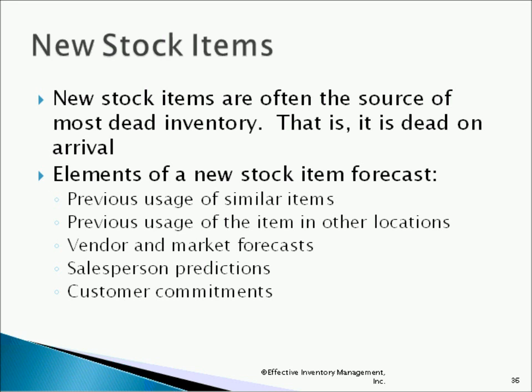As a result, they don't sell through the initial quantity they bring in. They may bring in a carton of 48. They sell 20, and 28 die in their warehouse. I want to remove that dead inventory from your warehouse. In fact, I never wanted to get into your warehouse. When you consider whether to stock a new item, you need to consider previous usage of similar items, usage of this item in other warehouses if you are a multi-warehouse company, vendor and market forecast, salesperson predictions, customer